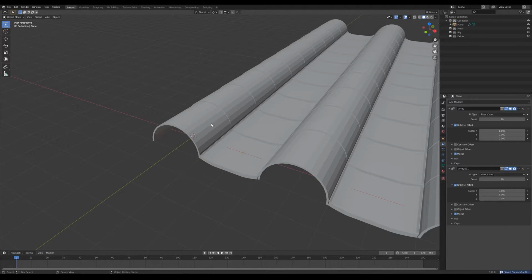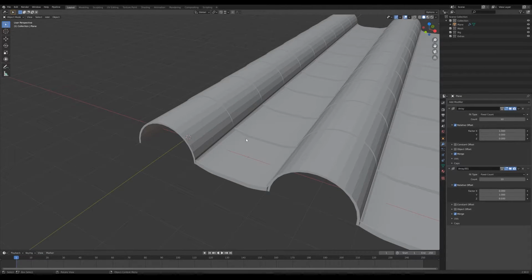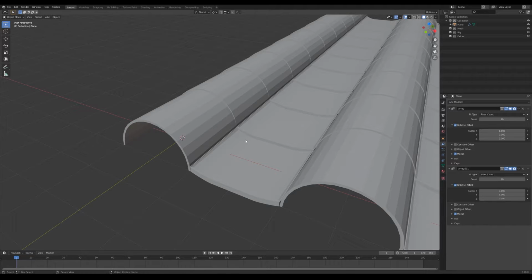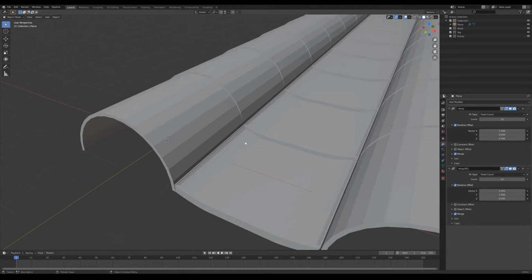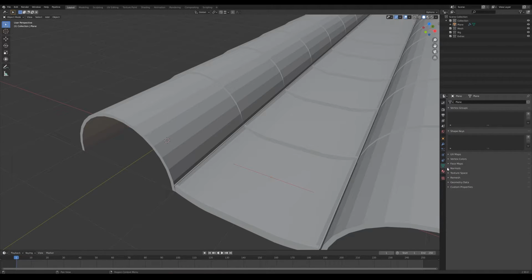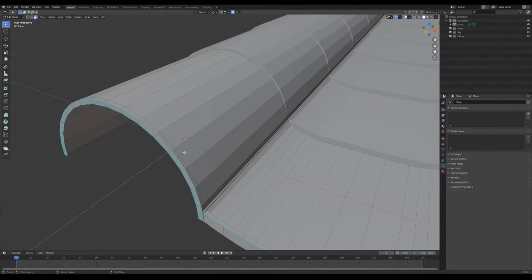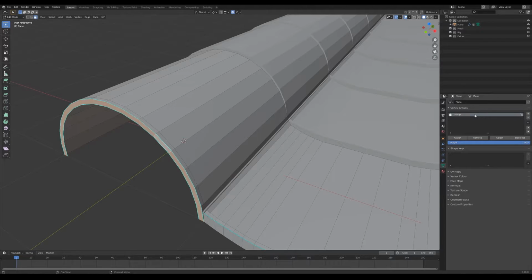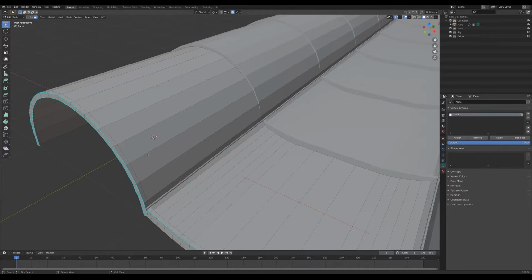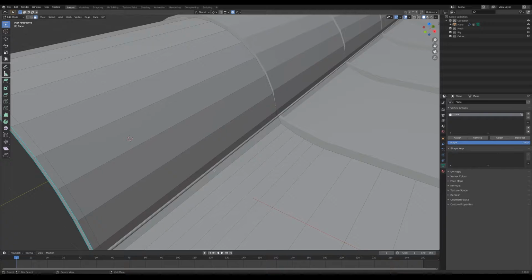Before we apply the array modifiers though, we should make some vertex groups that we can easily reference geometry later on if we need to. So come to the vertex groups section here, go into edit mode, and let's just create some vertex groups. I want to create one for the caps here. We'll just call it caps, assign, and I always like to deselect and then select again just to make sure that it's registered correctly. Then deselect everything,